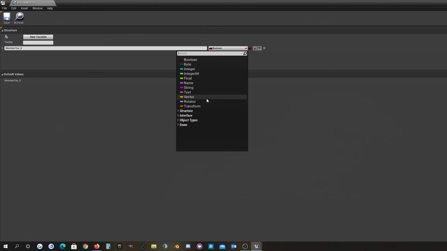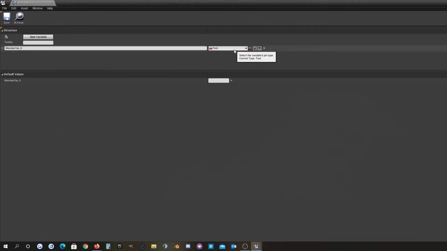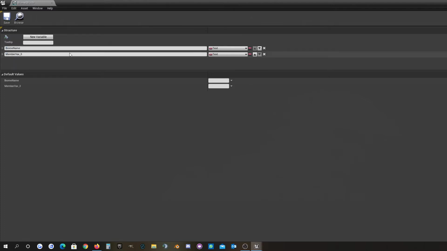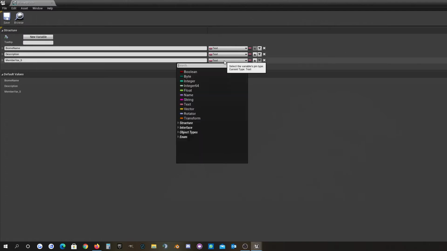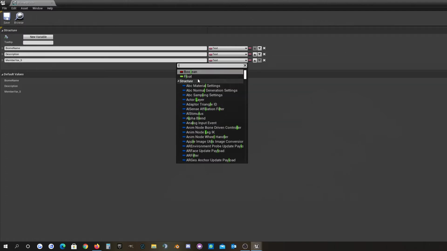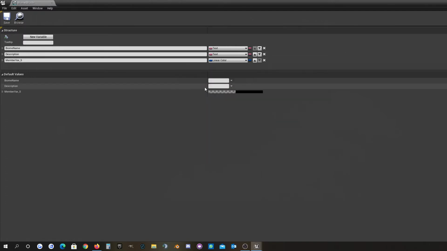And that I will use a text because it's localizable and we can translate it later. Then yeah, this is the biome name, and we will have maybe a description for the biomes later. And one of the important things is the linear color, of course, which is the color